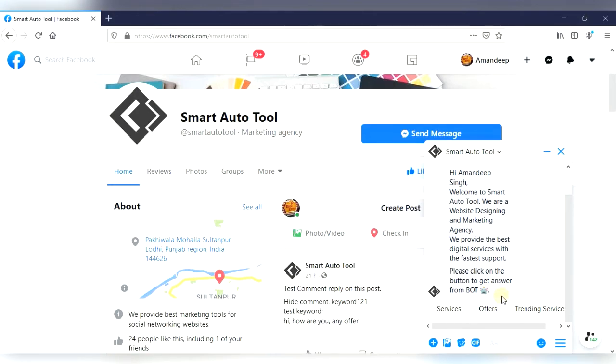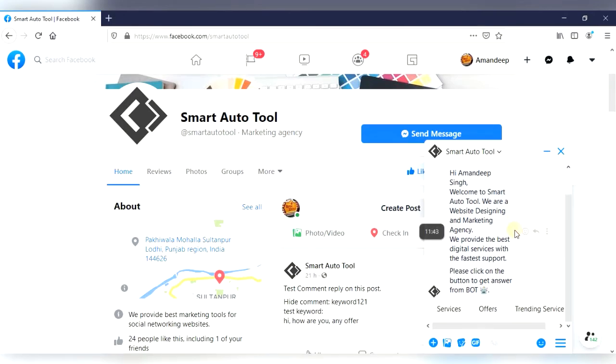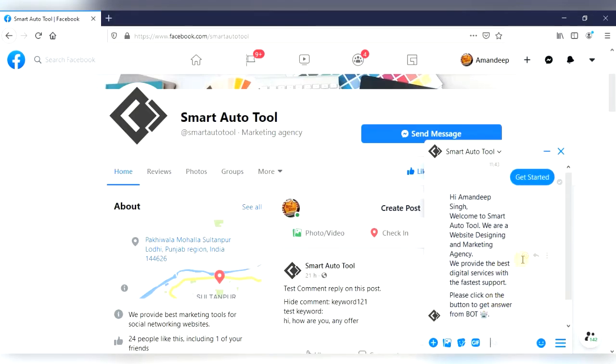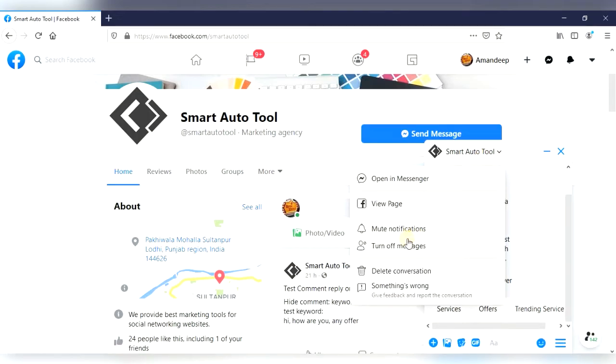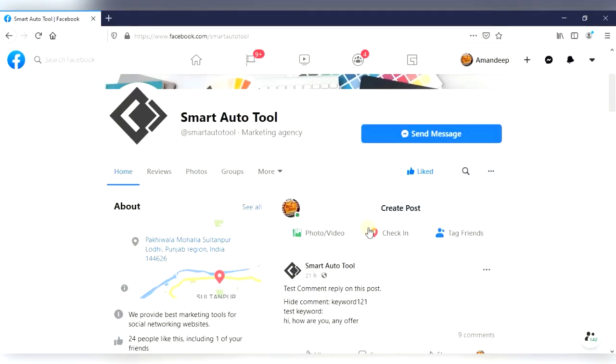Please note, this get started button only shows to new users. So if you want to see this get started button again, then you have to delete the conversation, and then you can see this get started button.